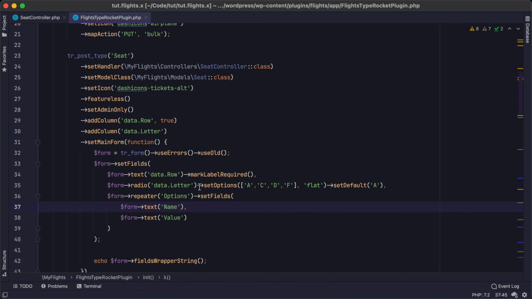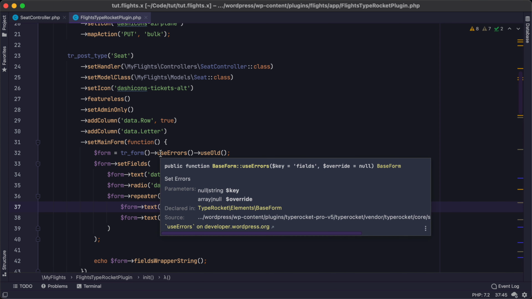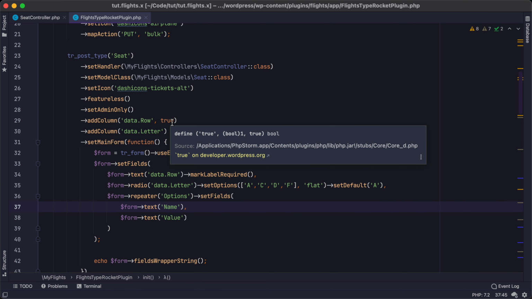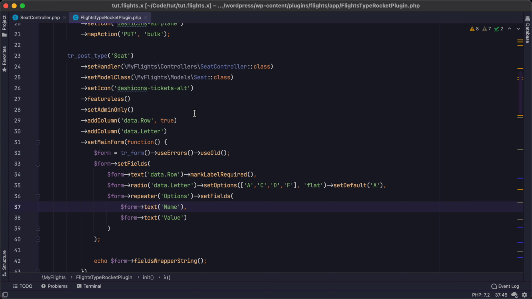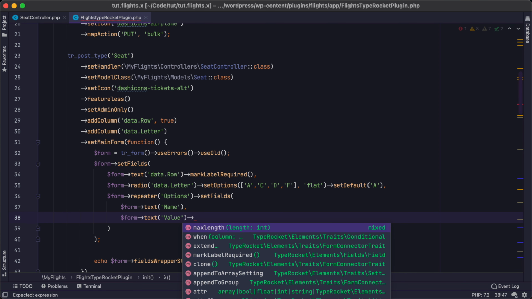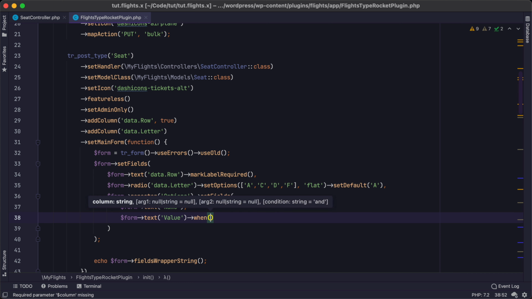In here we have our form from a previous video where we were making this MVC backend. And we have several fields. So we have that row, letter, and this repeater options that I've added here for the example. Now, conditional fields are pretty easy to work with. For any field, you'll just do text, and you'll say when. So when another field, name,